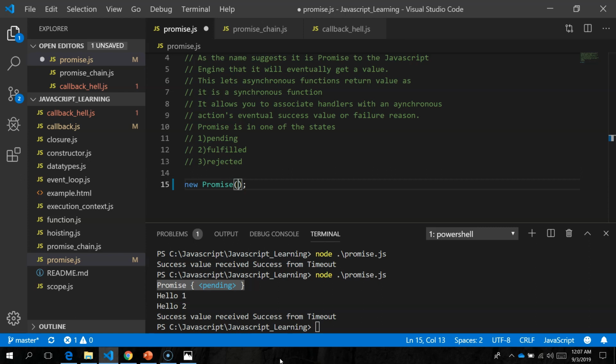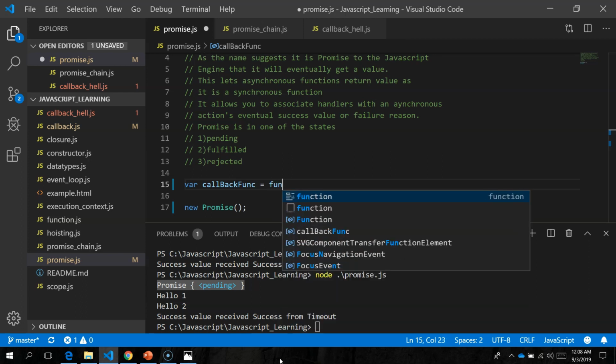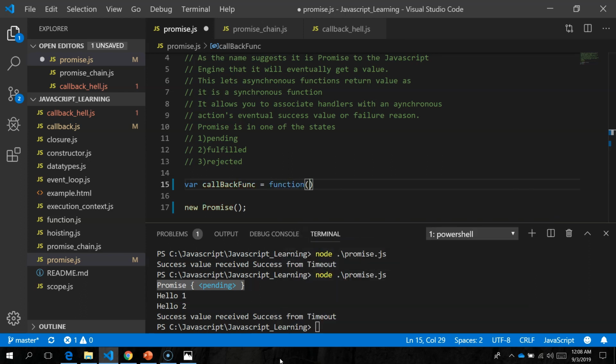Okay, the new Promise will take a callback function as a parameter. Let me create a callback function here. The callback function of a promise will receive two values from the promise.